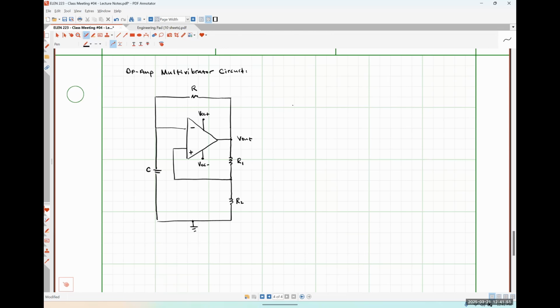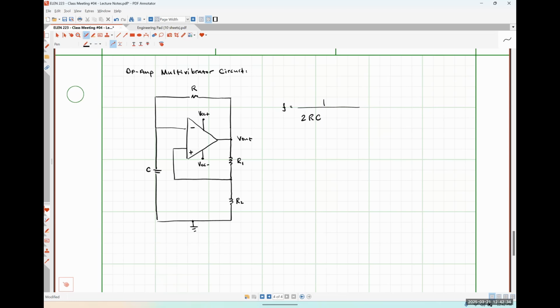So the frequency that my multi-vibrator circuit will oscillate at is going to be given by 1 over 2 times R times C. So R times C is just the time constant for a generic RC circuit. So effectively, we have one time constant to allow it to increase, one time constant to allow it to decrease